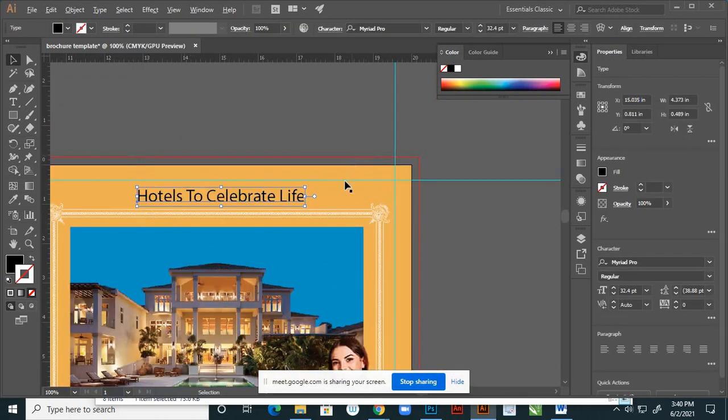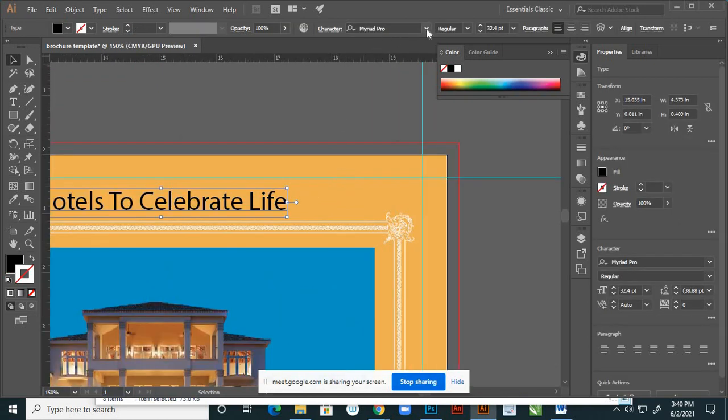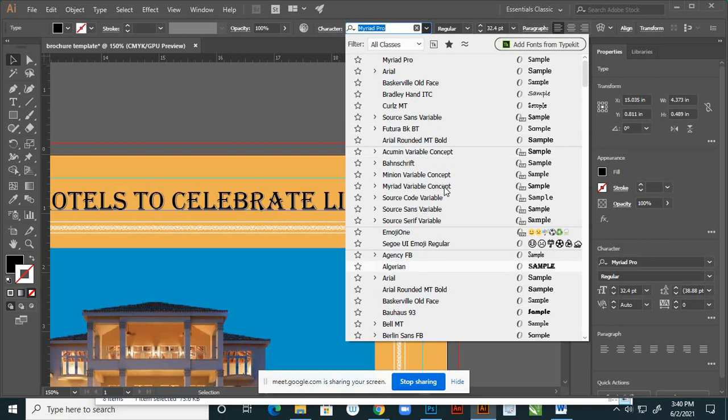and the text also should be a different font, not this Madrid Pro. You have to use some different text.